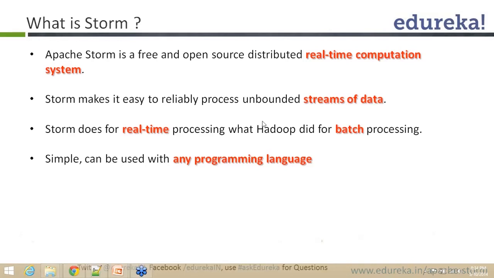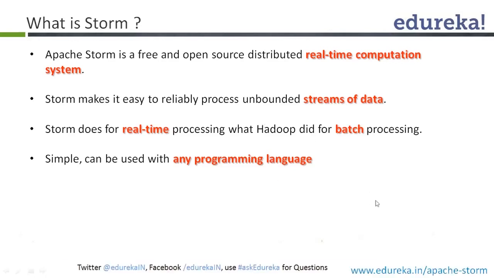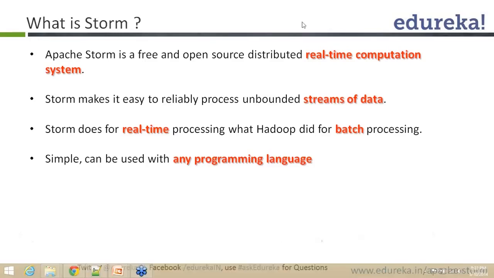This exactly is the kind of ideology difference between Storm and Hadoop altogether. The third point is that Storm does for real-time processing what Hadoop did for batch processing. So I hope it is quite clear, right? It's all about